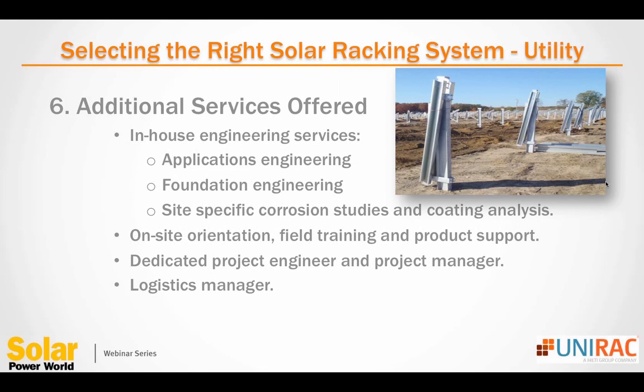All right. With the increased number of racking manufacturers in the solar industry today, customers should expect to also receive a wide range of services in addition to the racking. Some of those additional services that are offered would be in-house engineering. One example of those is applications engineering, which is what Jeanette and I provide, project by project basis,